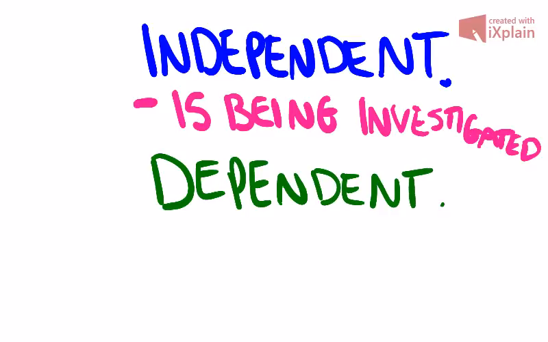So I generally have little ways of thinking about things, even sometimes if they're a little bit silly. And it's just basically to trigger your mind and say, oh yeah, I remember that thing because of the silly thing that I was thinking about at that time. So the way I remember dependent variable, which is actually the one that has changed in response to the change that you made in the independent. So the way I used to think about it when I was in high school was,